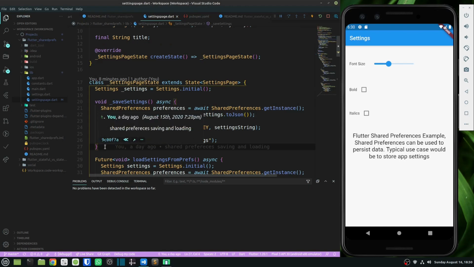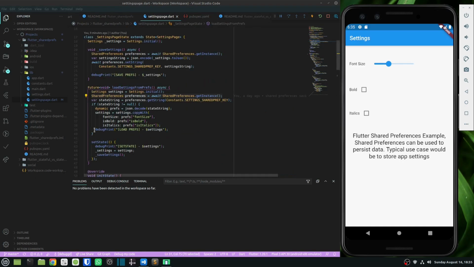Now let's move on and understand how the data is being loaded. So to load the settings from shared preferences, I again create an instance of my shared preferences, and then I use the getString method to get the JSON string that I have previously saved using the key that I was using.